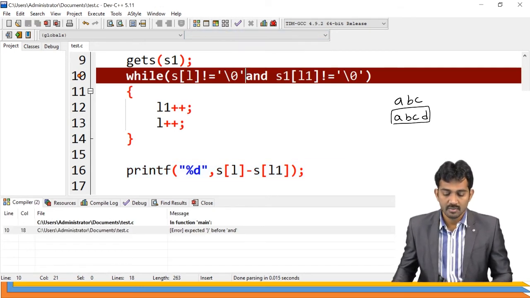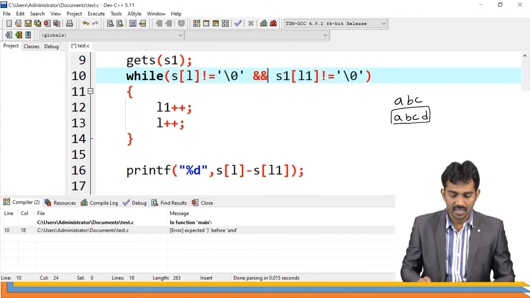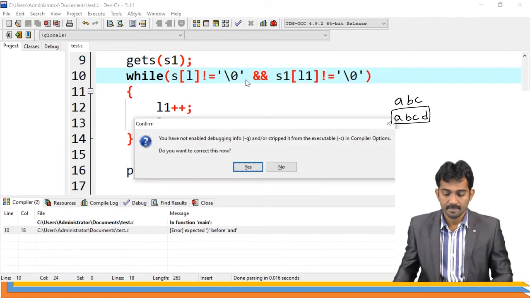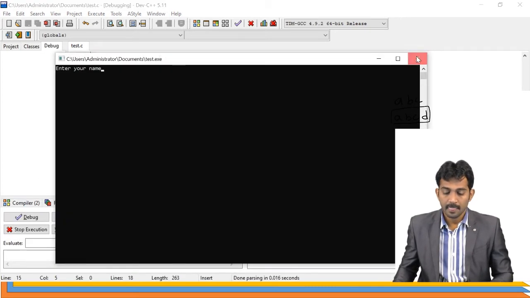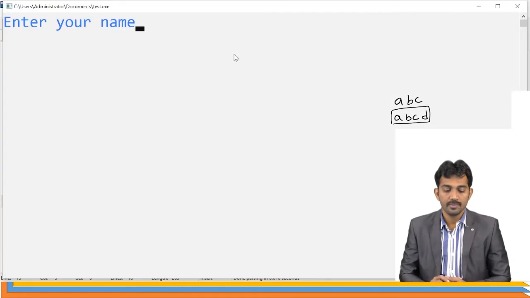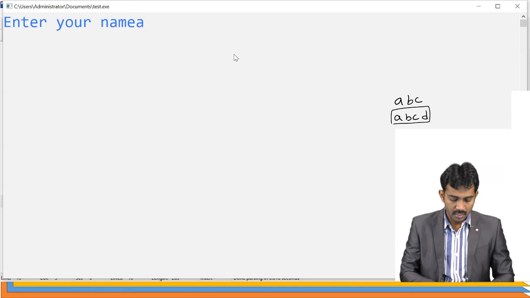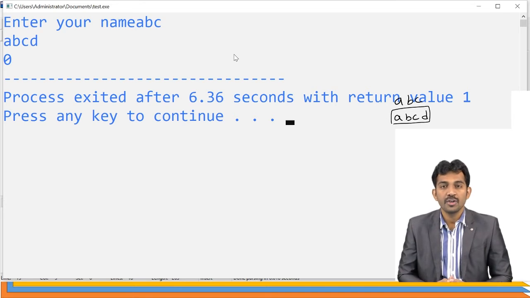Yes. I'm trying to run this one. What is the mistake I have done here? Oh, sorry. And is not there here, right? And. See, if you run this code, enter name A, B, C, next A, B, C, D. Why is it going to give 0?